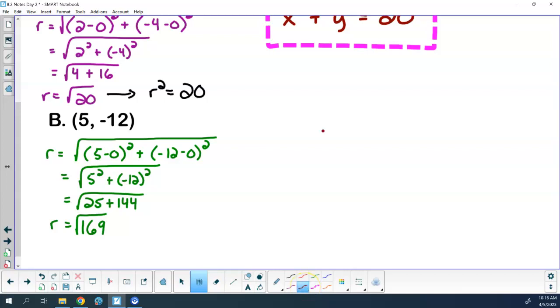So since it goes through the origin again, the center is the origin. It's x squared plus y squared equals 169. Yes, because 13 can be squared into 169. I wouldn't take a full point off, but I would take